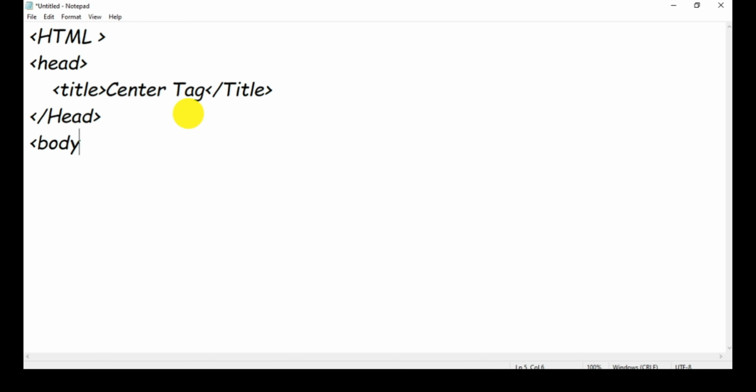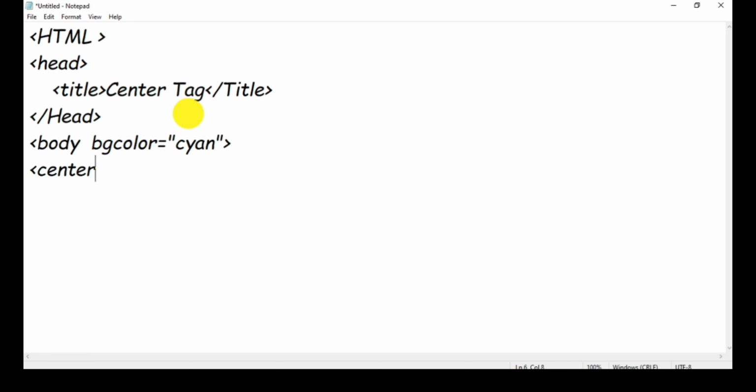We open the body tag, then we choose the color of our web page. I'll give it cyan, and then we close the opening of the body tag, and then I'll use the center tag.